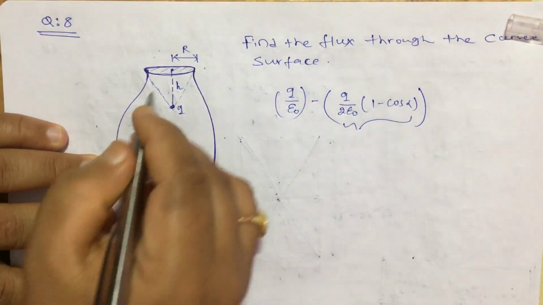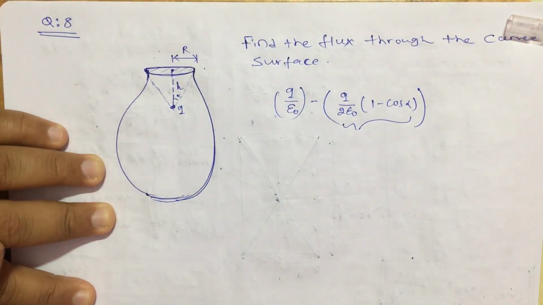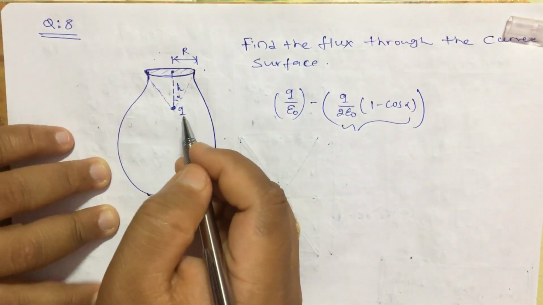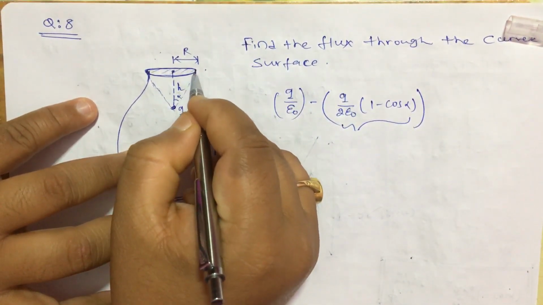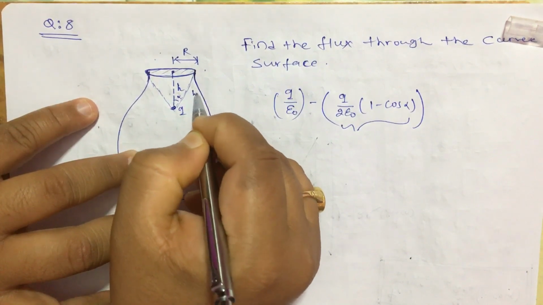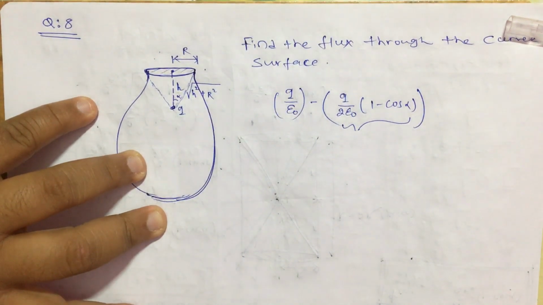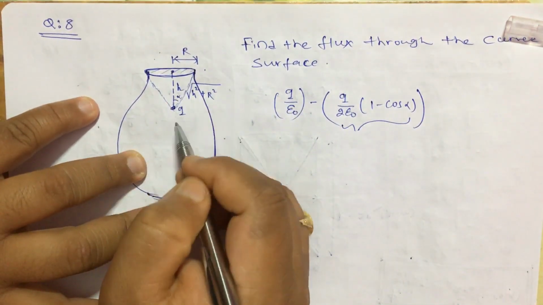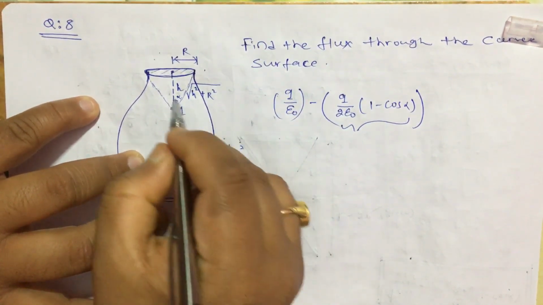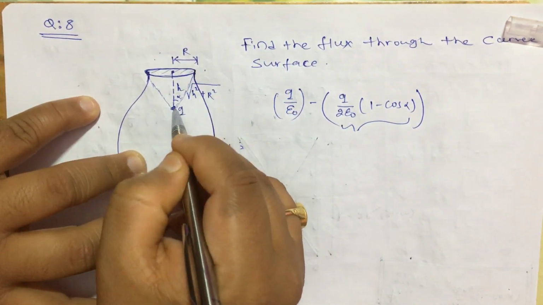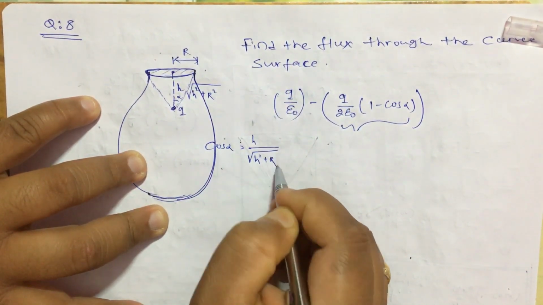What is the value of alpha here? This is the alpha. But here the alpha value is not given, so we have to find it. How to find it? See, if this height is h and this radius is r, then this side is going to be root over h square plus r square. Obviously, in this diagram I can write cos alpha as this base divided by the hypotenuse, so cos alpha is h divided by root over of h square plus r square.